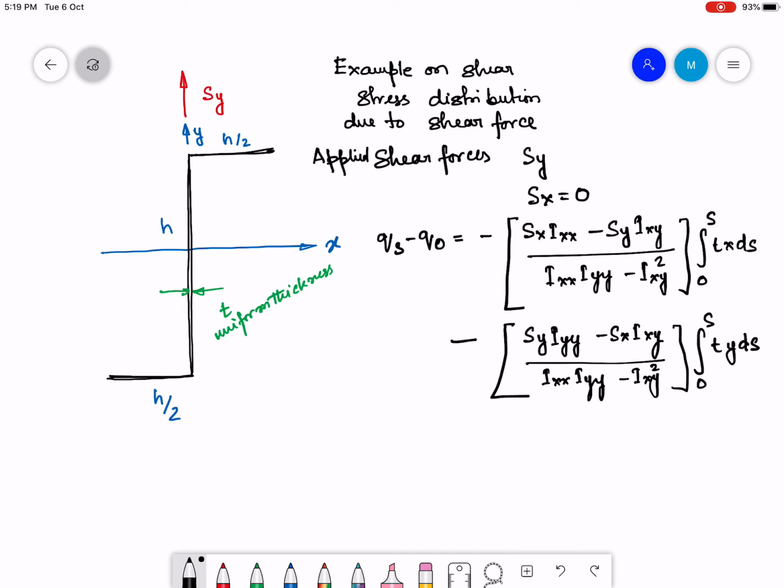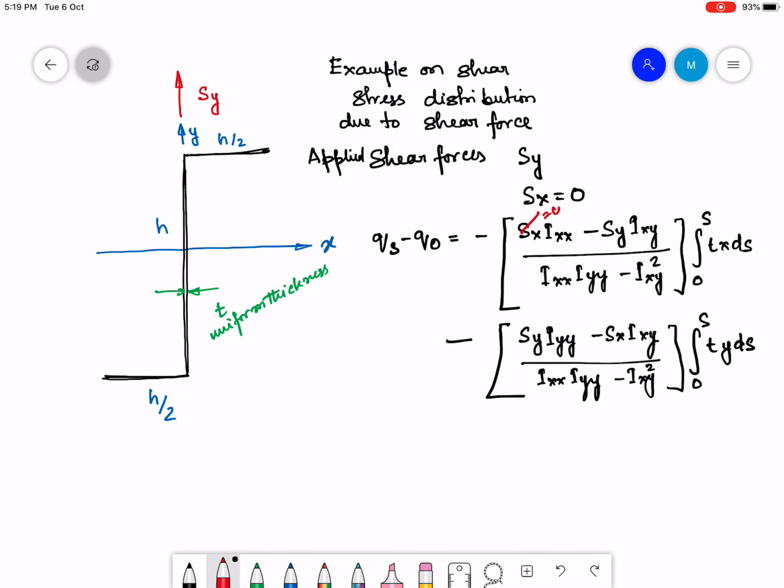This is the expression we derived, where Qs is the shear flow in the cross section along the local coordinate s. For this particular problem, we know that Sx is equal to 0, so this expression simplifies, and Qs minus Q0 is going to be Sy